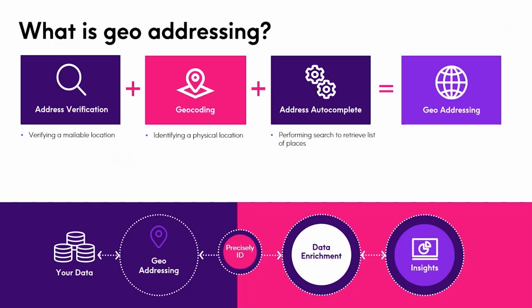Now, address verification is essential for ensuring that addresses are valid and deliverable. It confirms the accuracy of postal information specific to each country, helping to avoid common issues like undeliverable mail and misrouted packages. By verifying addresses at the point of entry, businesses can reduce the incidence of errors, improve delivery success rates, and maintain a clean, reliable customer database. This process involves checking the address against authoritative postal databases to ensure it is correctly formatted and exists as a